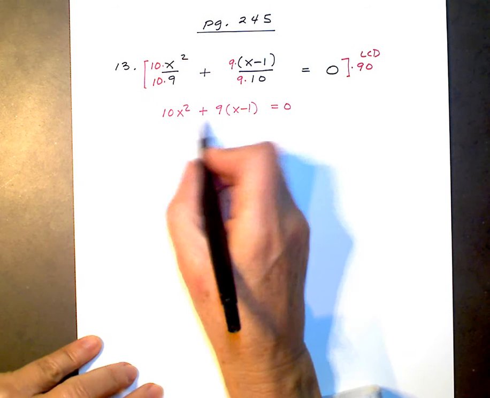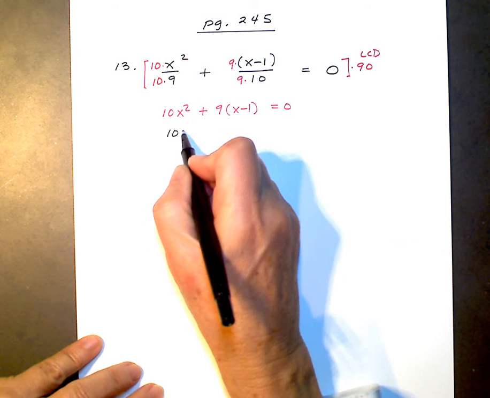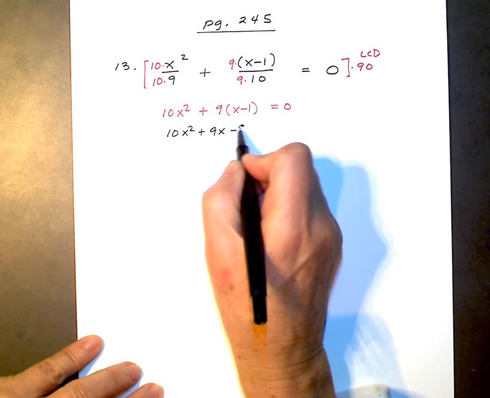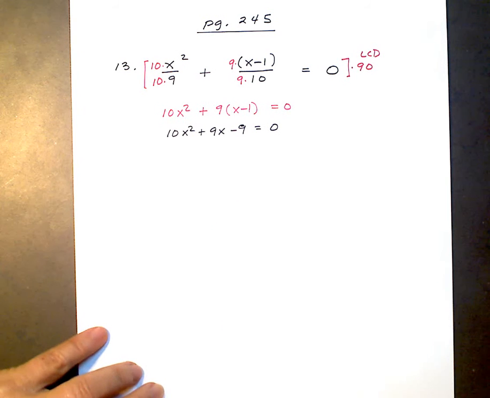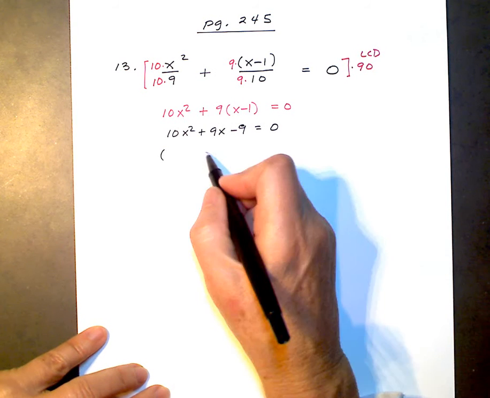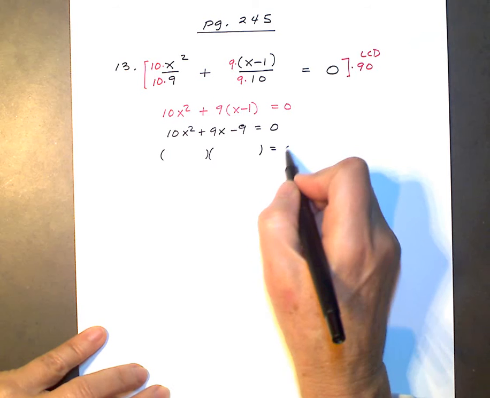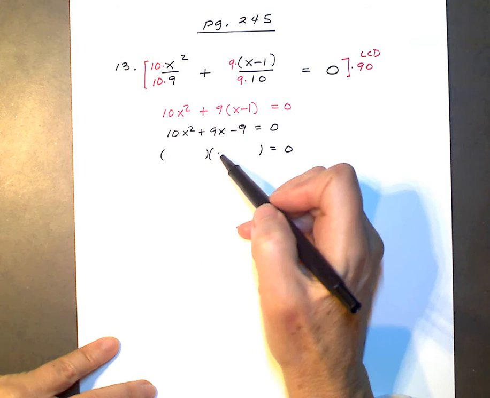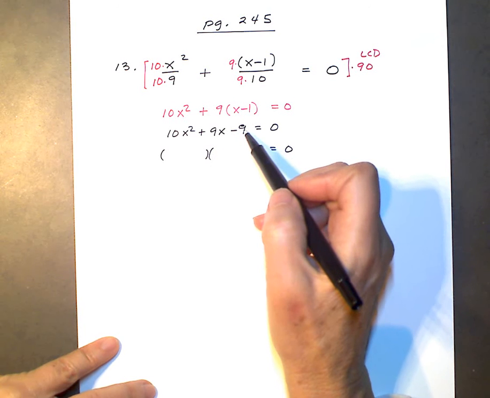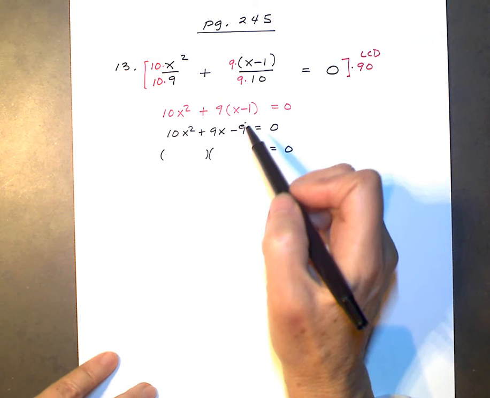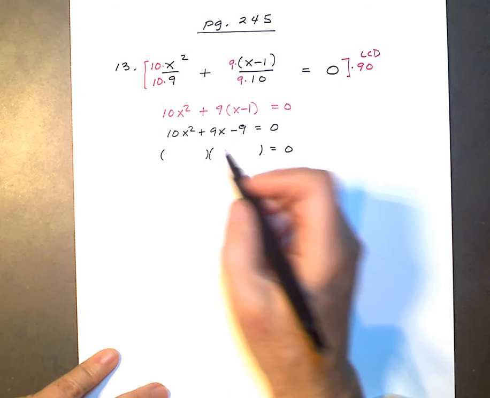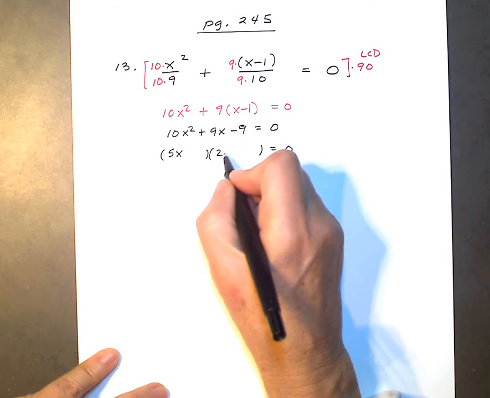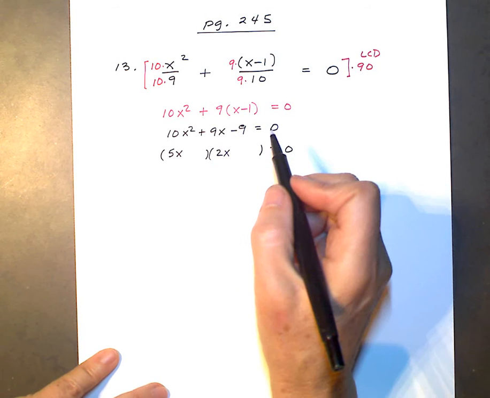I can see this is going to be a quadratic equation, so I continue to simplify it. Okay, so I check all my factors to try and factor this. I can try a 10x and an x, or a 5x and a 2x, and I could try a 1 and a 9, or a 3 and a 3 for the second terms. But as I do this, the ones you should end with are 5x and 2x, and then to get a 9 here, a negative 9,